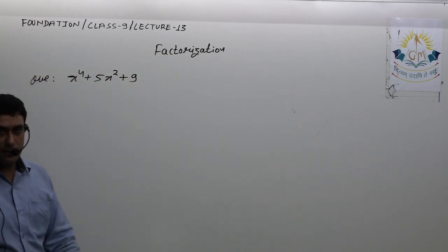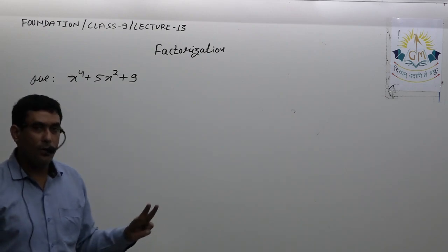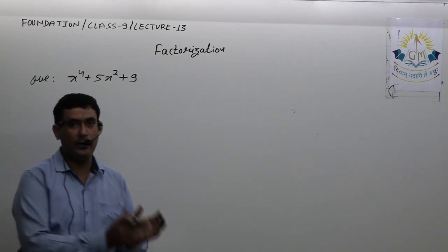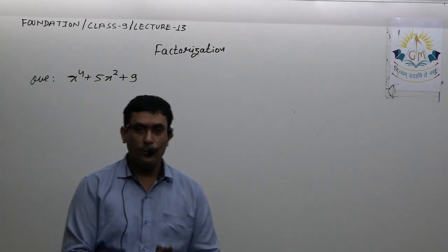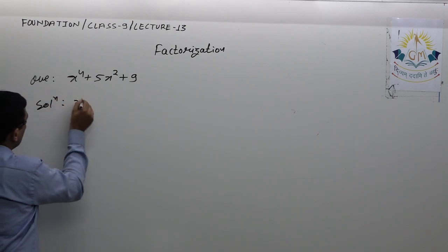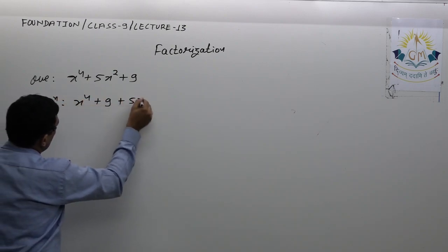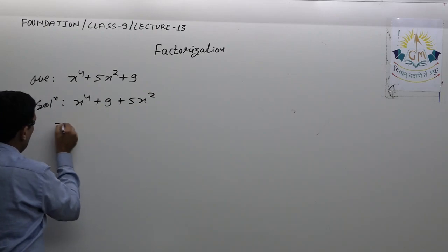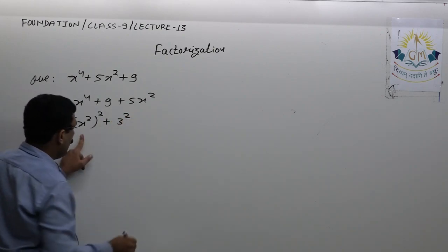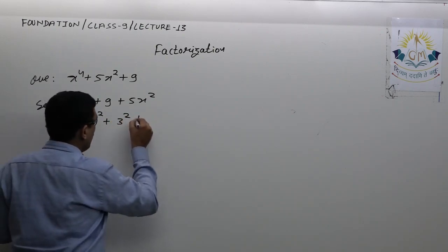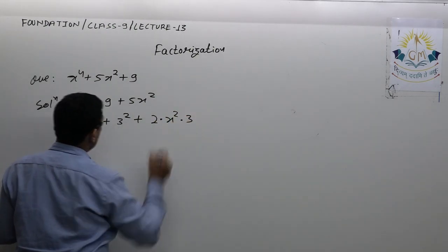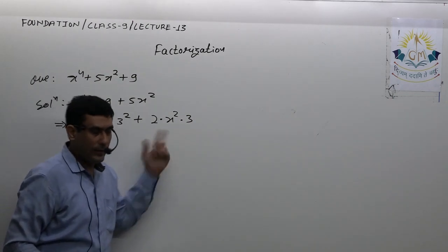Here it is a little bit easier than the previous one, because over there all three terms were complete squares, so it was a little bit difficult to identify which term I should take as a square and which term as b square. Here there are only two complete squares, so it is easy. First I write those two terms together. Now I'll apply the identity. So here I'll take x square square plus 3 square, that is a square plus b square plus 2ab, so 2 into a into b. This gives me 6x square.